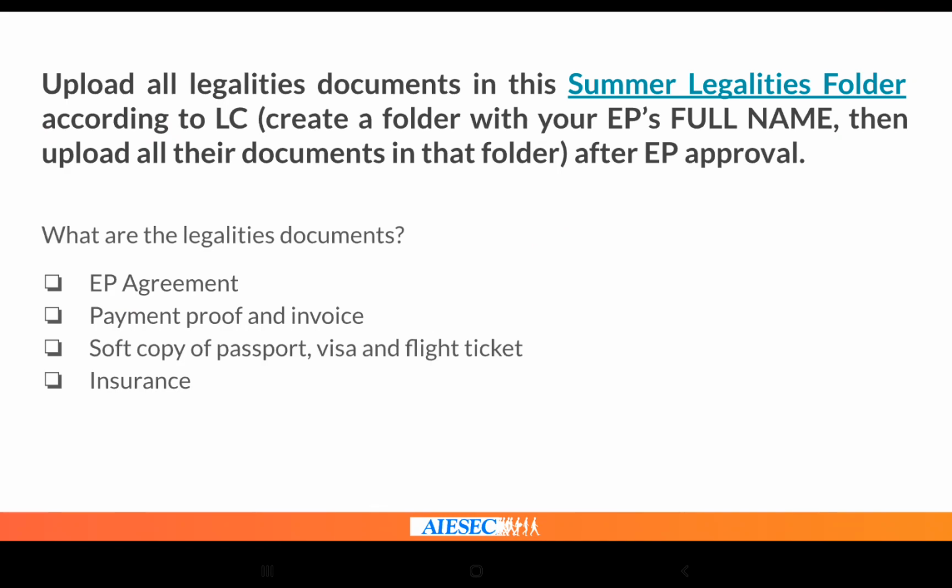Okay, the important reason why we need to have this is to keep track of who they are, and also the payment, all those things, and to ensure they have visa, flight ticket and insurance, which is also in our standard. This is proof of standard fulfillment. At the same time, keeping a soft copy is always better. Like if, let's say, your EP loses their passport, you have a soft copy with you that they can access in the country.